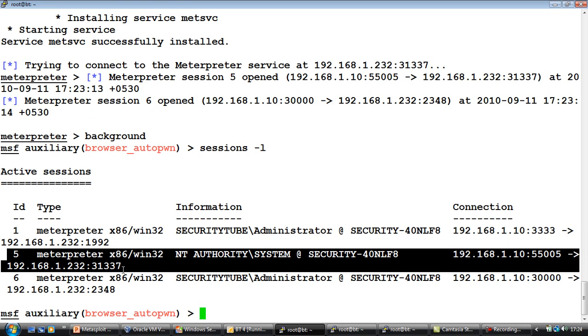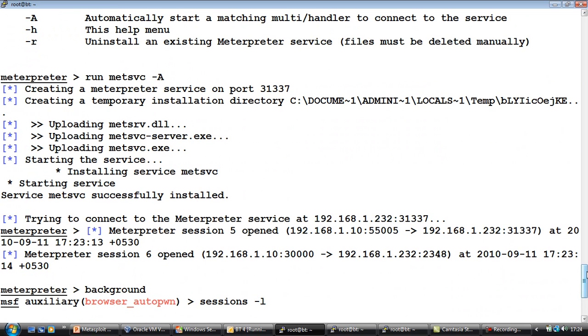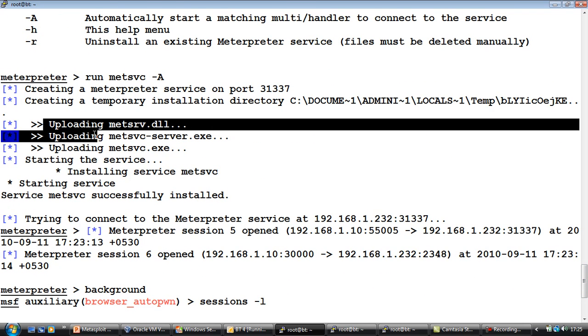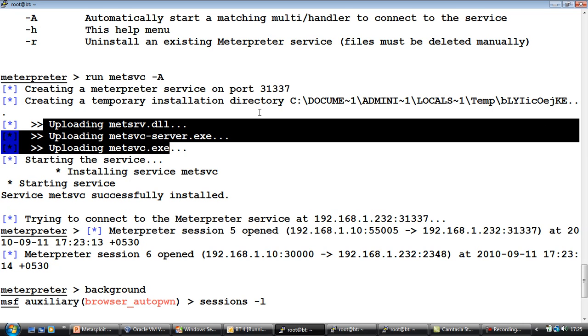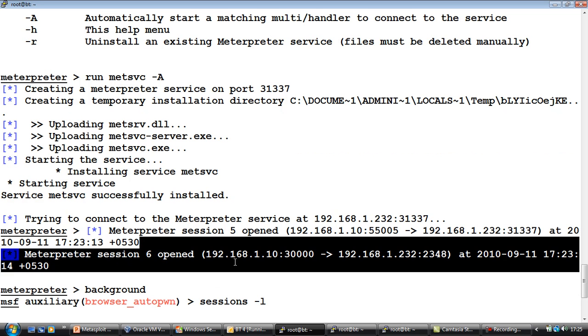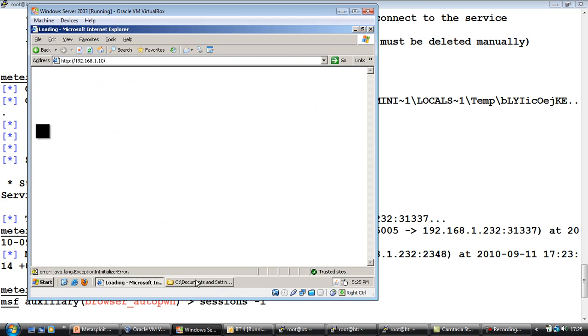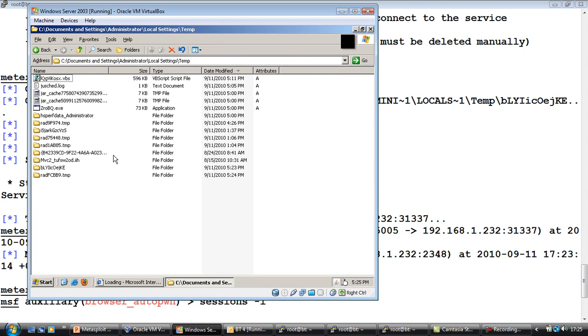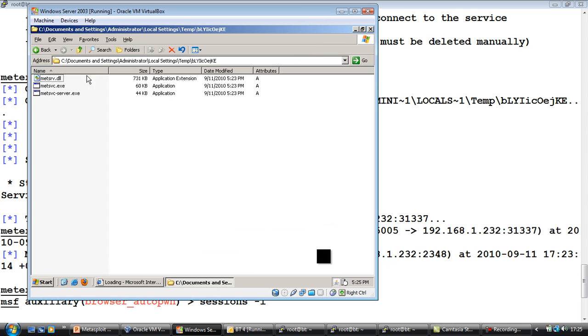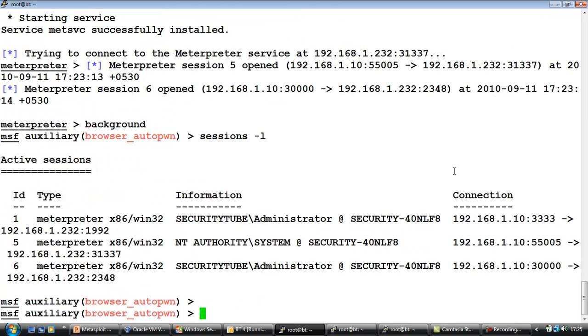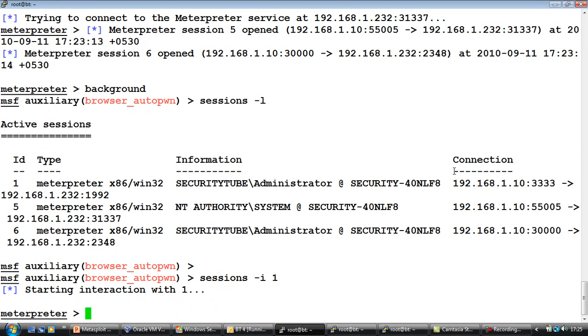because of Met-SVC. Now, one of the things which you need to notice is that all of these are being uploaded basically into a temporary directory, right? Now, once again, Met-SVC also creates directories which you need to be aware about. So this is the directory which Met-SVC has created now on the victim, where all these 3 different files have been uploaded. Now, the downside is that, let's say when we uninstall Met-SVC, connect to first session and run Met-SVC